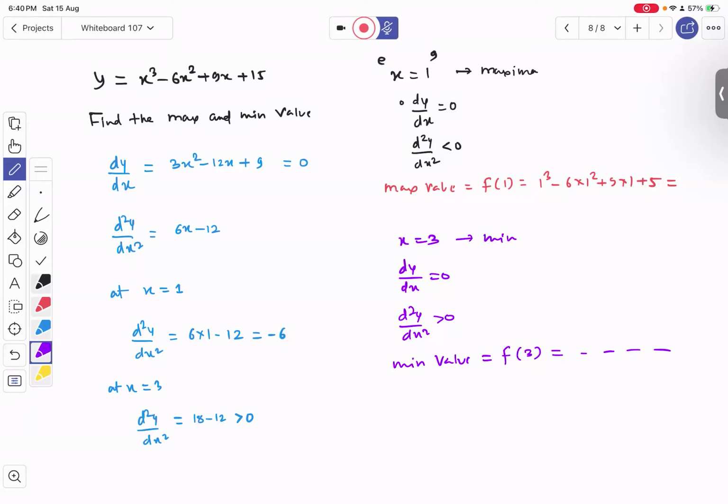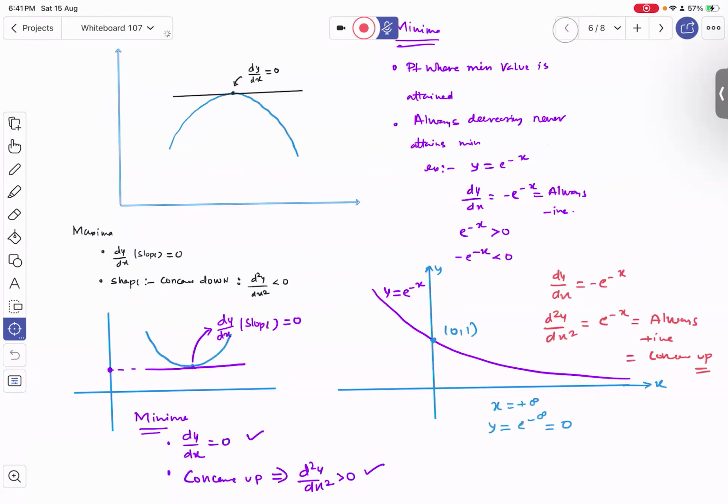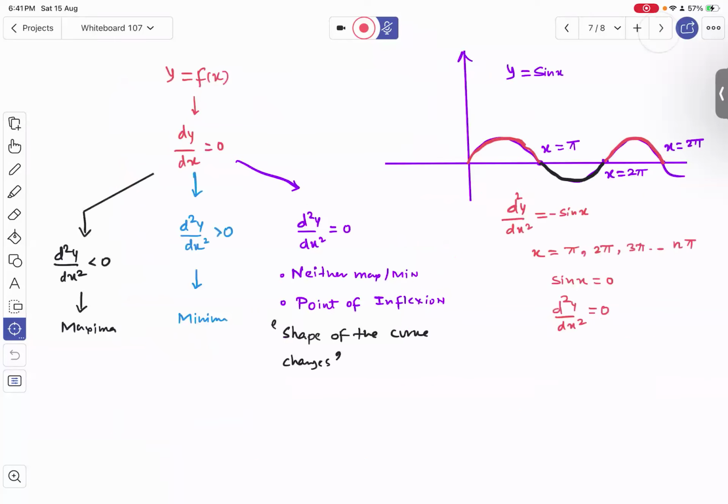So, sir, for x equals 1, how did you get the maximum, sir? Because the condition for maxima is that the slope, or dy by dx, should be 0 at that point, and the double differentiation must be negative, no? So we found the double differentiation value, what is it? Minus 6, no? Yes, sir. So double differentiation negative and differentiation 0 means maxima. Correct? Yes, sir. Okay, then now,